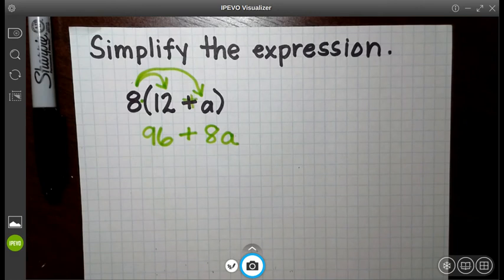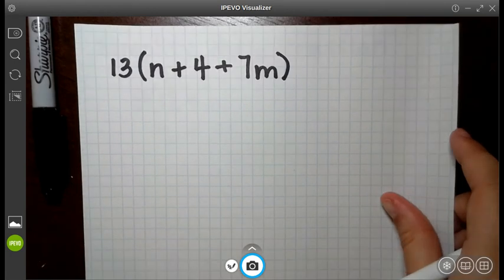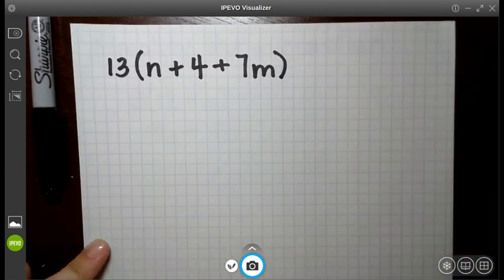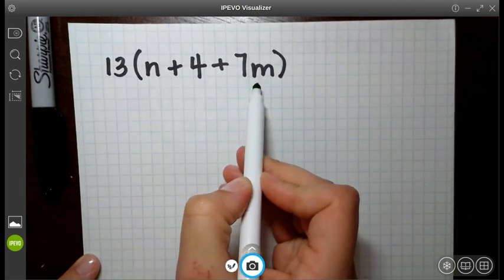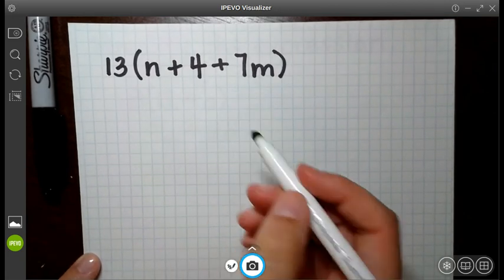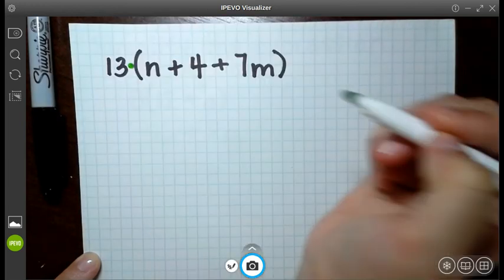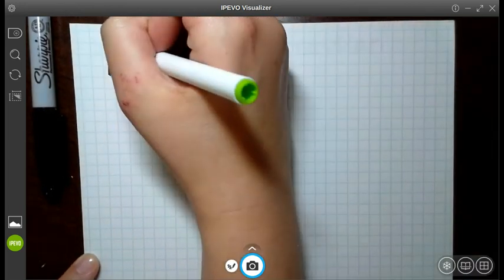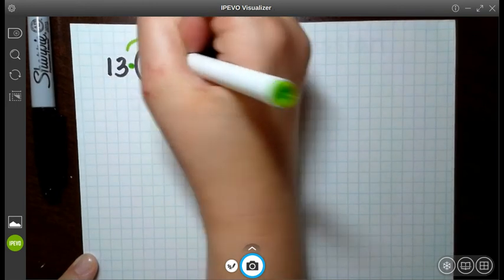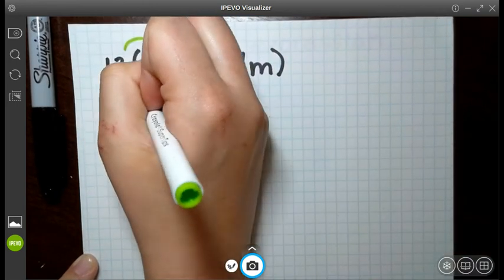Now, they might step it up and make it a little bit more complicated. And they might say, simplify this expression. Well, it's different now because there are 3 terms inside the parentheses, but I still know it's distributive property because I have multiplication and I have addition. So the same process applies. 13 times n is 13n